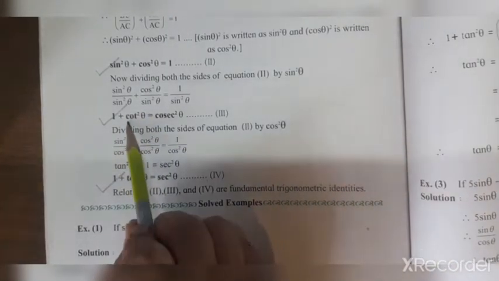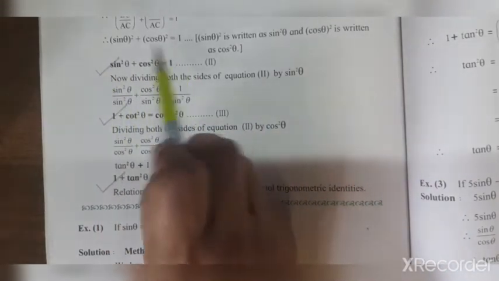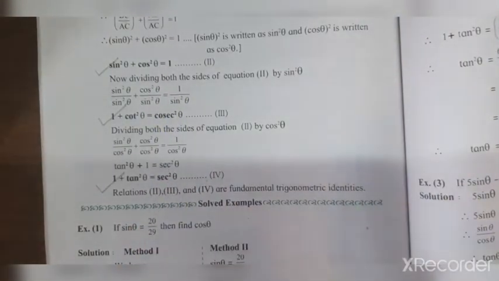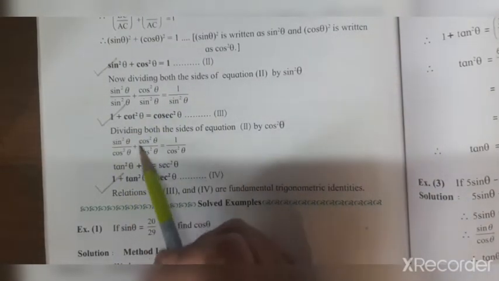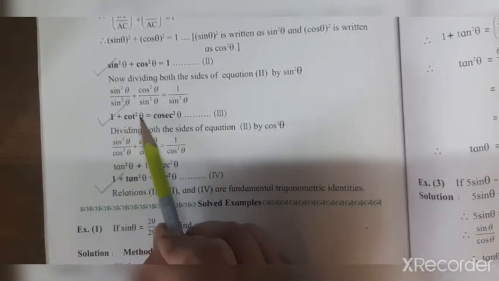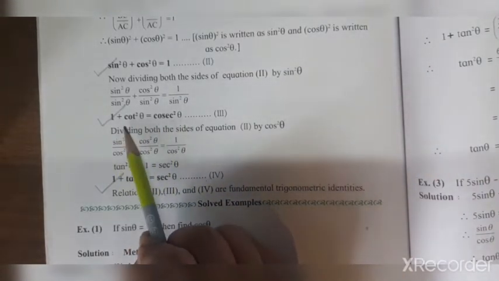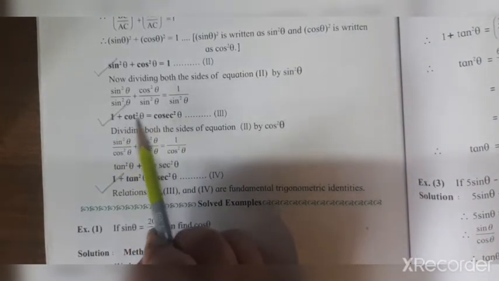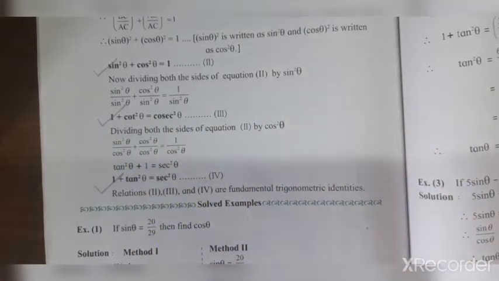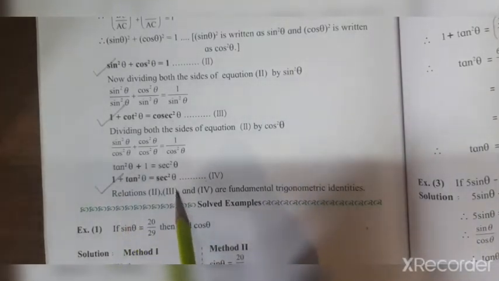Again, you all can remember this as CC. This we have studied also. Sine square theta plus cos square theta equal to 1. This identity is very easy to remember. But sometimes children get confused in these two. So 1 plus cot square theta equal to cosec square theta. In this case, you can remember CC: C is for cot and C is for cosec. And then the third one you can remember: 1 plus tan square theta equal to sec square theta.